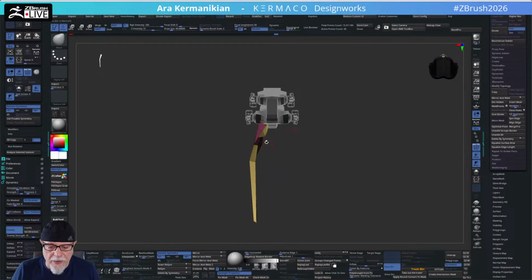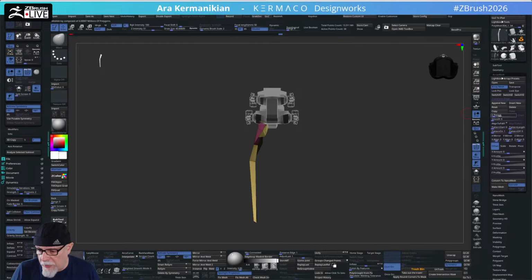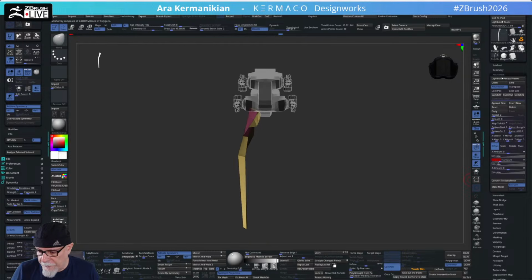What I'm going to do is, I still want to see the other side, so I'm going to use array mesh to do it. I'm going to turn array mesh on, keep it at 2, and I forget what I do here. Do I do y minus 100? I think that's too much. I don't think it's y. I think it's x minus 100. Let's see. So this way, now that way. Okay, so it's either going in this direction or this direction, but I want it to mirror. I think there's a way to do it. Oh, here are the buttons for it. X mirror. Okay, but